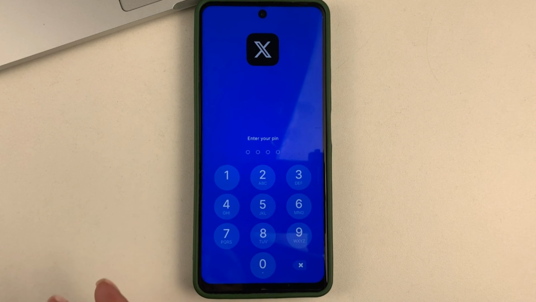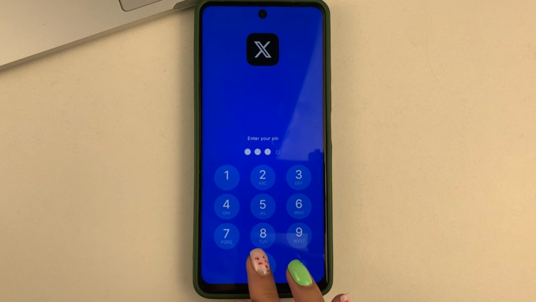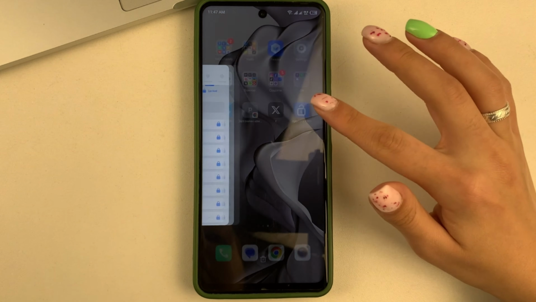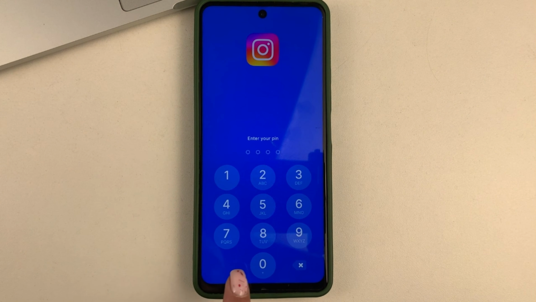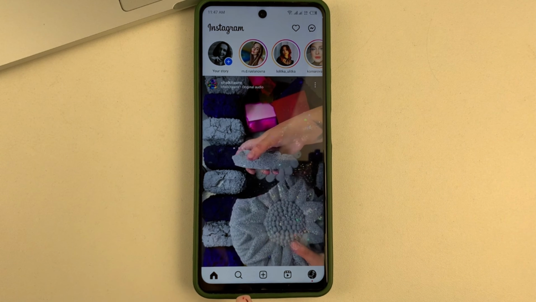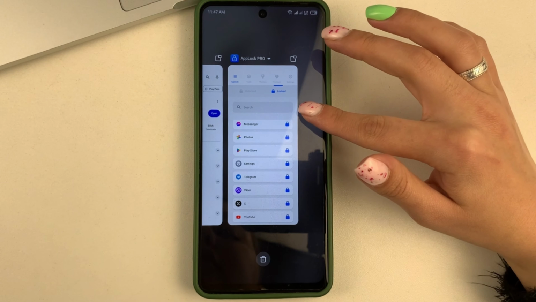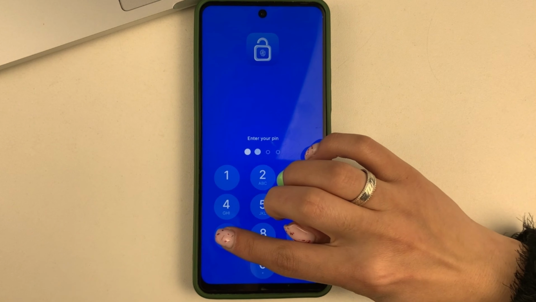If I try to open application X, I will be asked for my password first, and only then will I be able to enter this application. And the same thing will happen. For example, if I try to enter Instagram, I will be asked to enter my password first, and only then will I be able to enter Instagram. Only you will know this password, so only you will be able to log in.